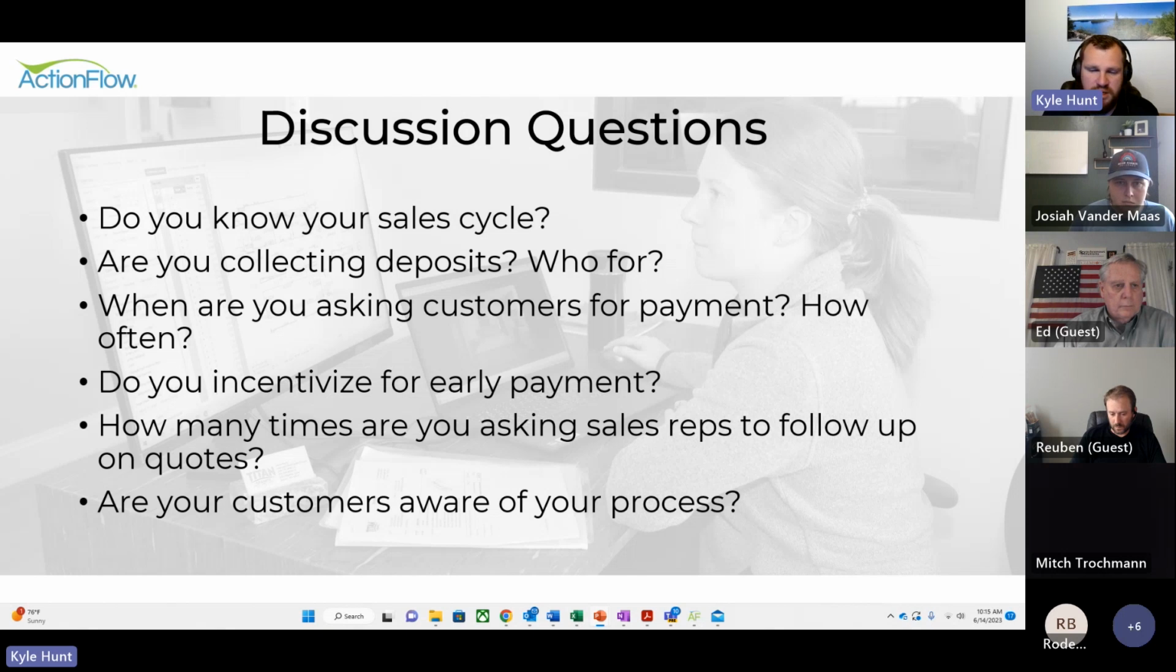And then, are your customers aware of your process? Like, do they know this is when the deposit comes, this is how much, this is why? There's always a little bit of danger in educating your customer. But do they know why you're asking for these things? Do they know when? More importantly, do they know when you're asking for these things and when they can expect to